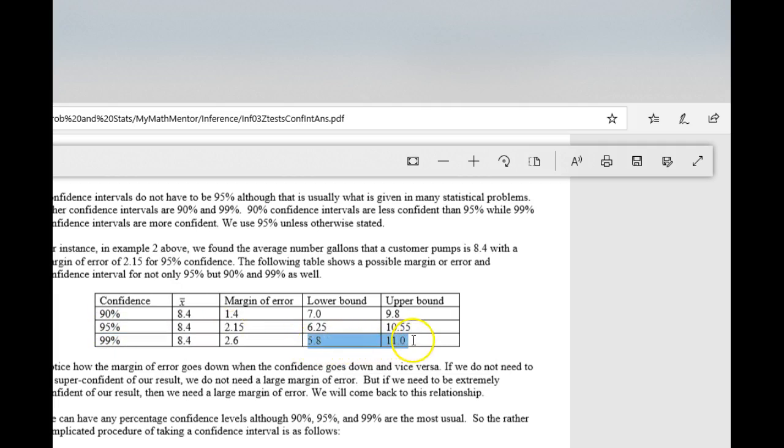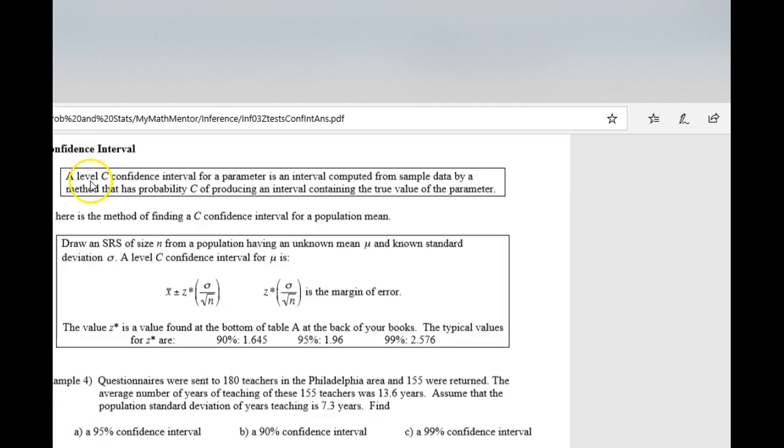So as we get more confident, our interval is going to get larger. Okay, so we're more confident of fitting a larger gap, to see how we have a greater range for the population average number of gallons of gas to fall in there. Okay. So the official definition of a confidence interval, let's say 90, 95, 99, is that we are that